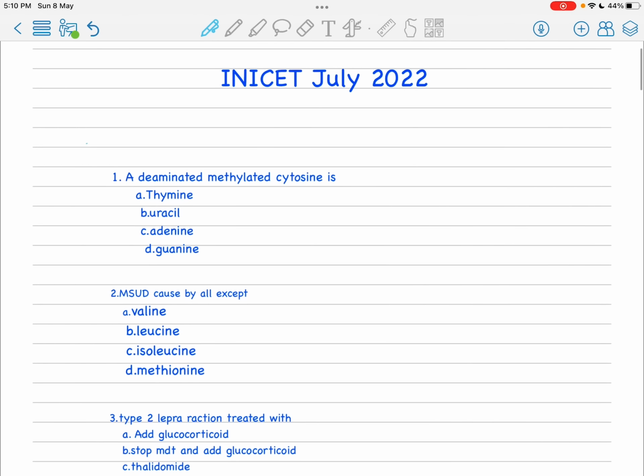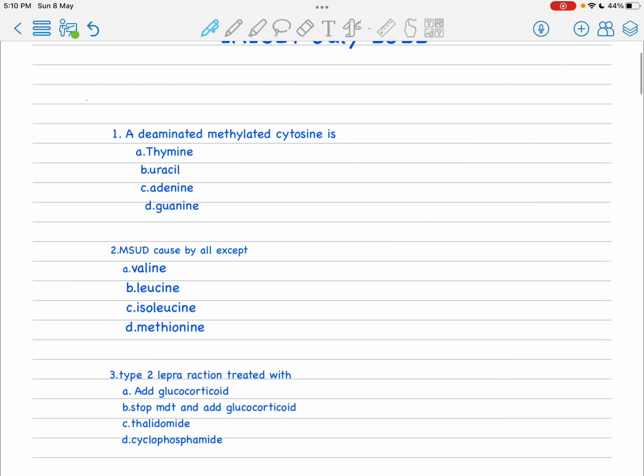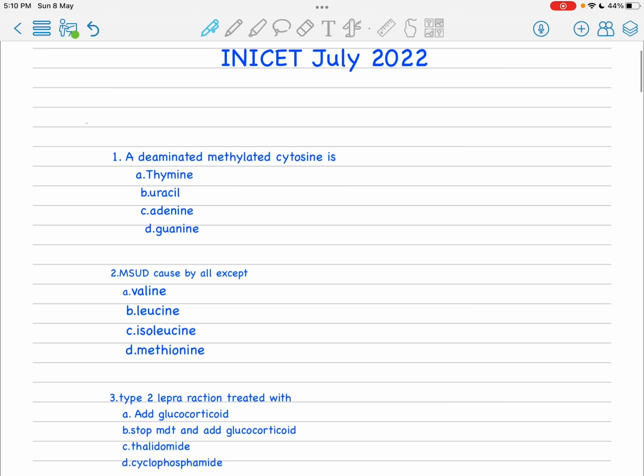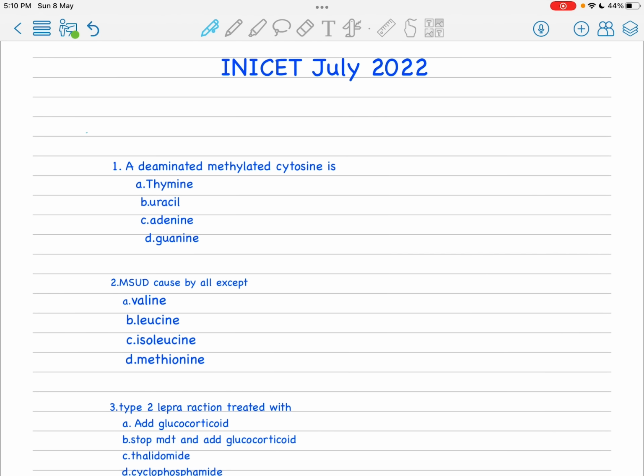Hello friends, today I am going to discuss the CET July 2022 paper, and I think this paper is between moderate to difficult. It is not too easy and not so difficult. It will be categorized as moderate to difficult. So I am going to discuss the CET July 2022 question papers, and the first question is about